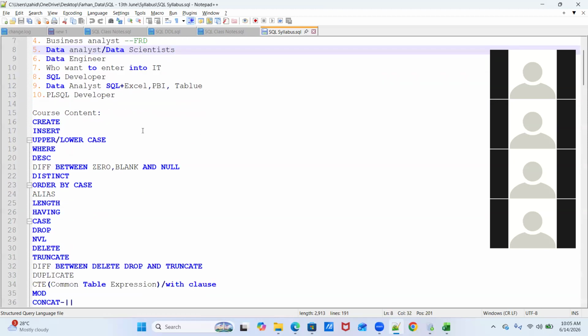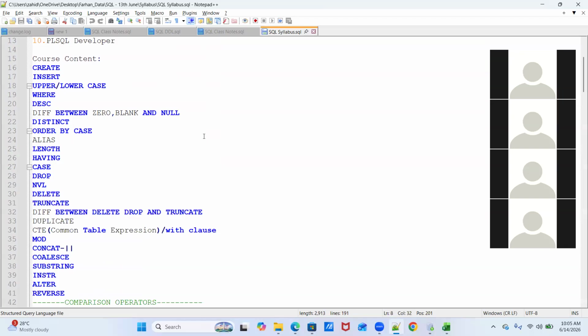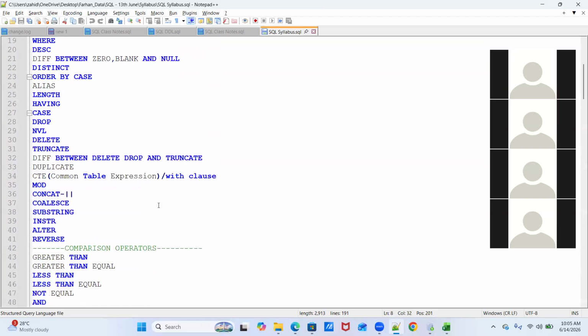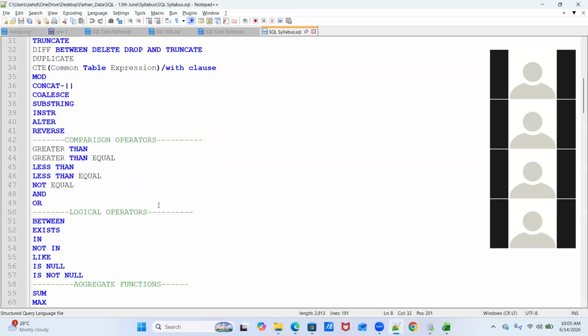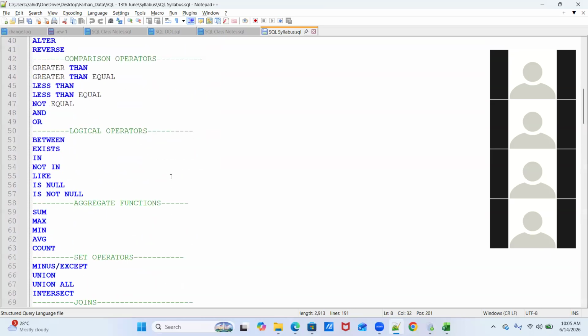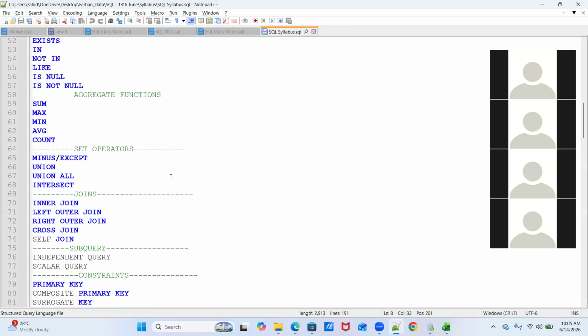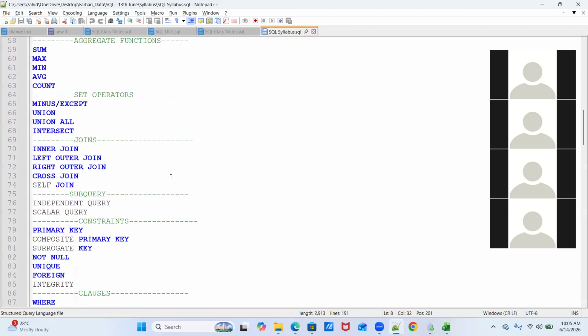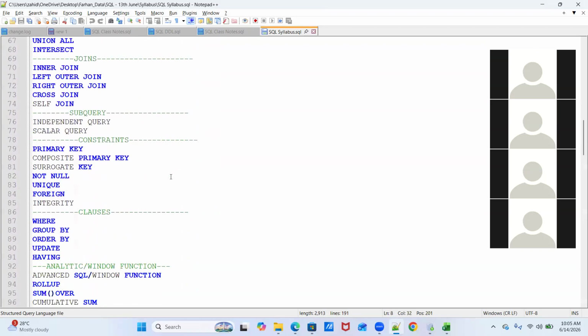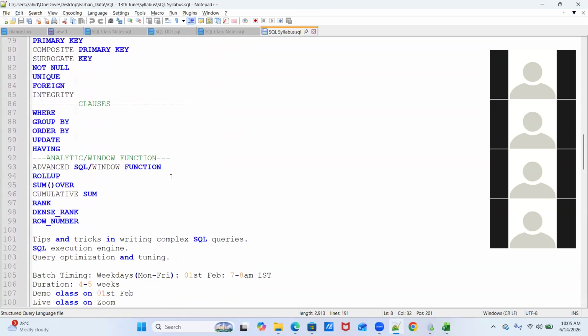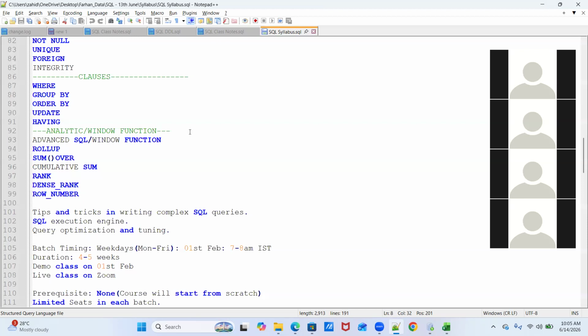So our course content will be basically this. All these topics will be covered entirely in the class, in a hands-on way. This includes comparison operators, logical operators, aggregate functions, set operators, joins, all kinds of joins, subqueries, constraints, clauses, and all the advanced concepts like window functions, recursive CTE, pivot, everything.